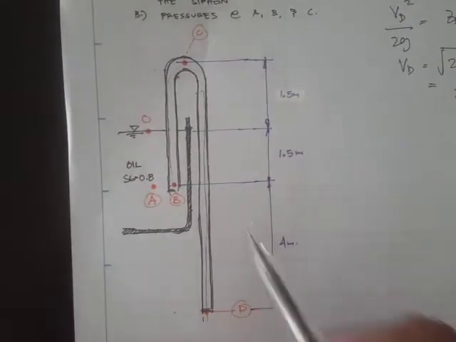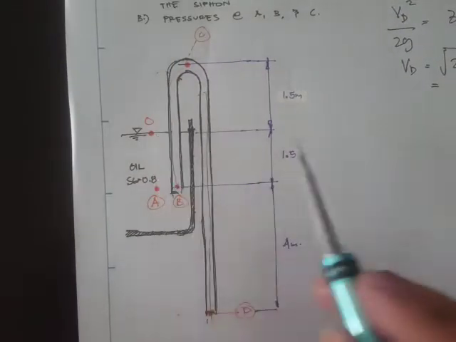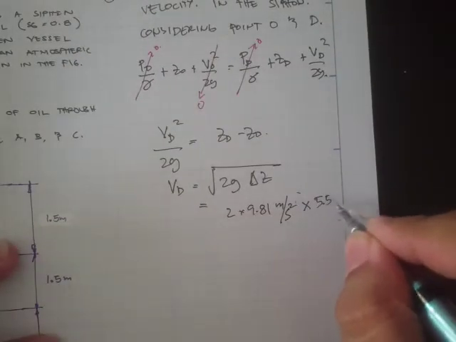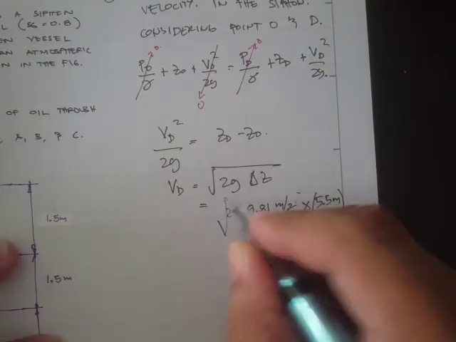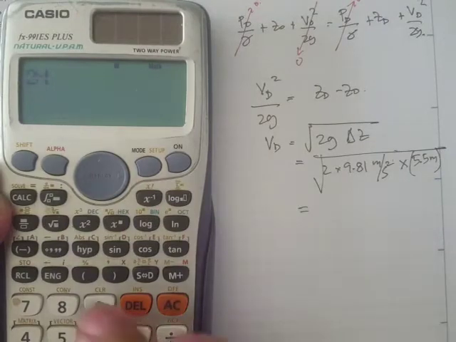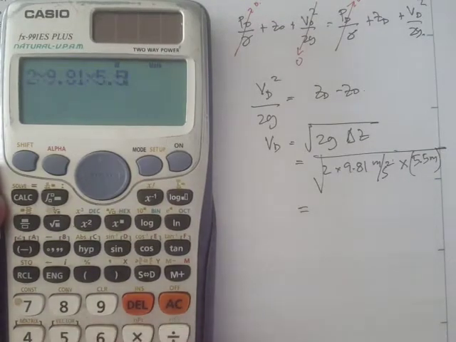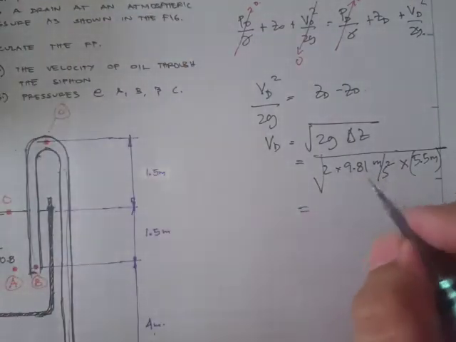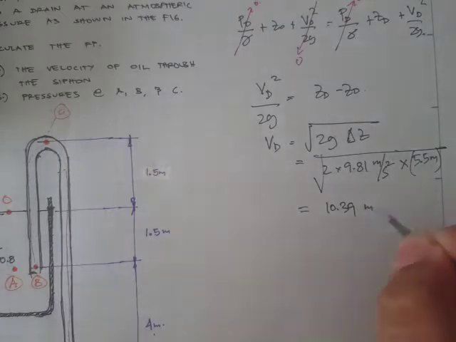Now, what is the difference? So it's just 4 plus 1.5, so that's 5.5 meters. And if we take the square root, that's 2 times 9.81 times 5.5, and the square root is 10.39 meters